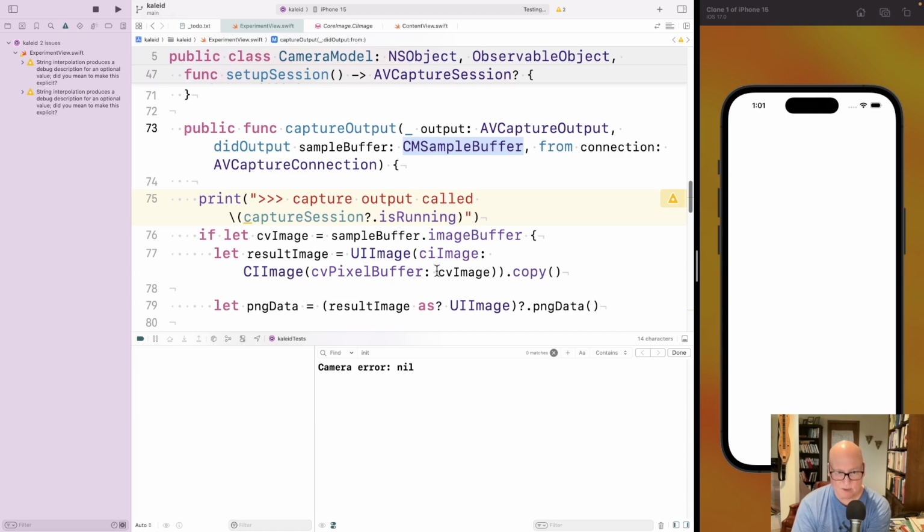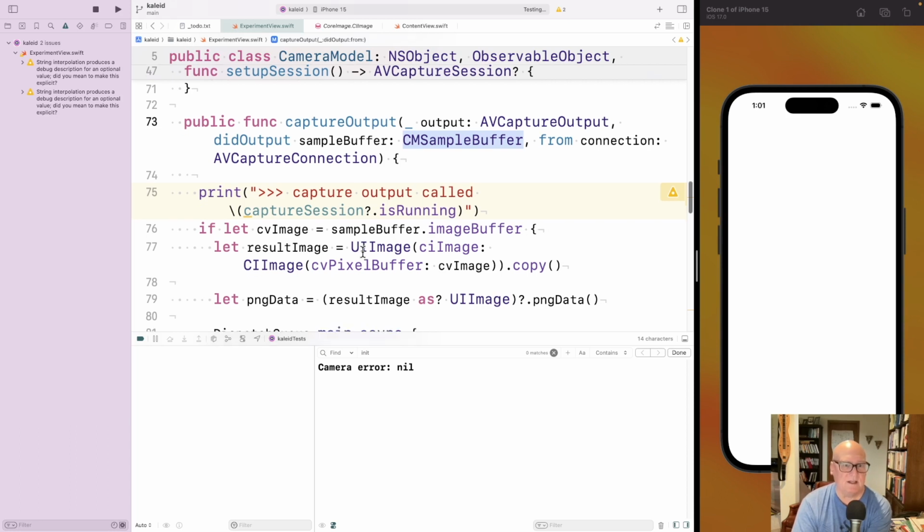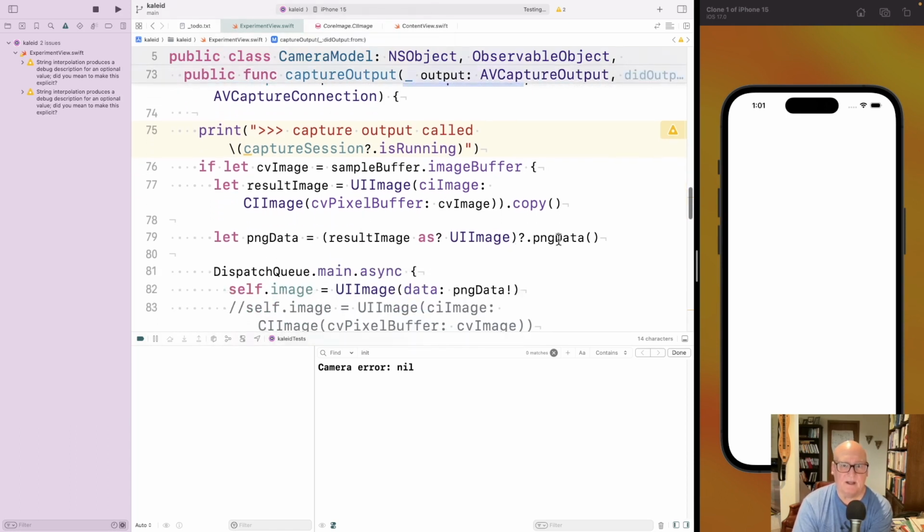Then we convert it to a UI image and copy the whole thing and then get the PNG data for it. So basically that's, I don't know if it's JSON exactly, but it can be shown as JSON. It's a stream of data